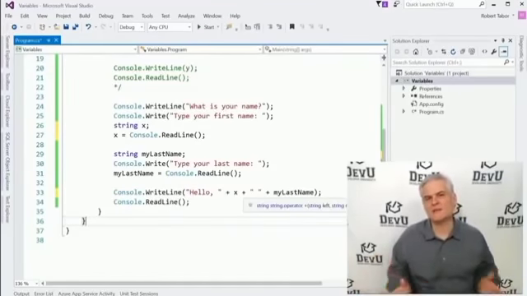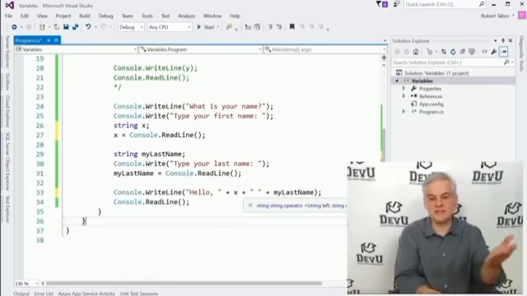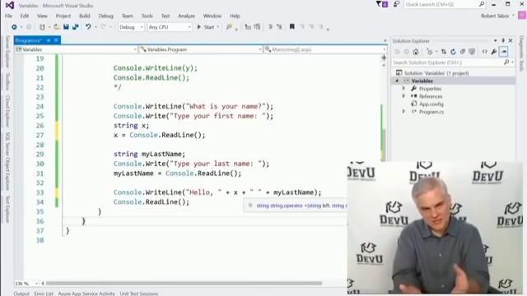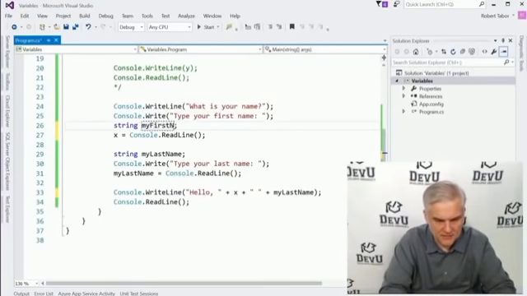Instead, you don't have to worry about keystrokes. Make it human readable. Write your code in such a way that somebody can read through it and understand exactly what the variables are doing and what the logic of the application is doing. And then also notice as I go and change some of these things back here to my first name,